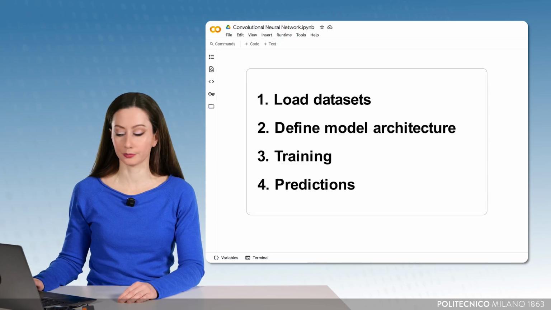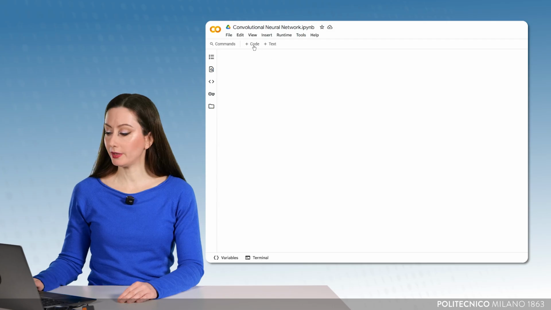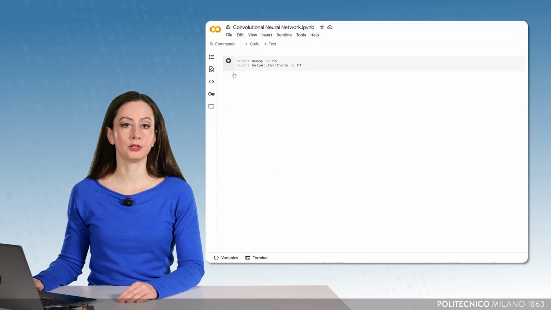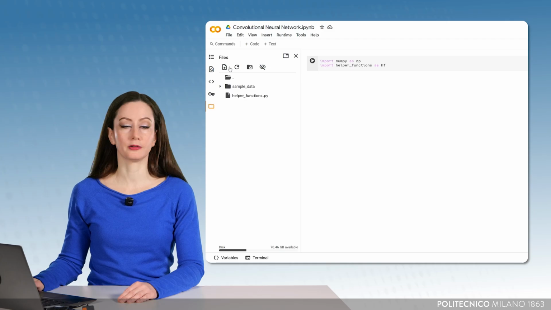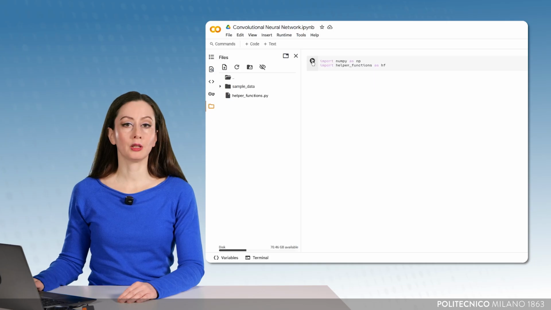to make predictions. Let's start by uploading the library NumPy and the file helperfunctions.py. For this latter, we need to click on Files on the left tab, select Upload, and pick the file from your disk. The functions contained in helper functions will help us read, visualize, and store the images from our dataset